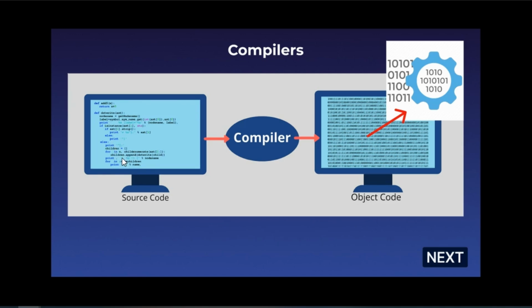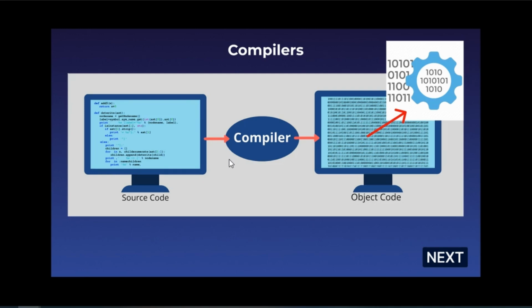Okay, now let's understand this visually. All right, so this is your source code, and it looks pretty much the same, right? You have a def keyword and a function, then the return keyword. Okay, if statements and everything. This is your source code. Once you've developed your source code, what you do is that you open up your terminal, write Python followed by the name of the file to execute it, and then you press enter. The minute you press enter, the compiler takes that code and compiles it into a machine code, which is also known as object code. Okay.